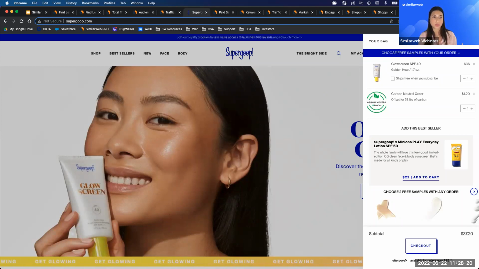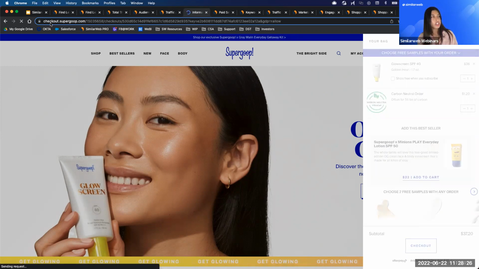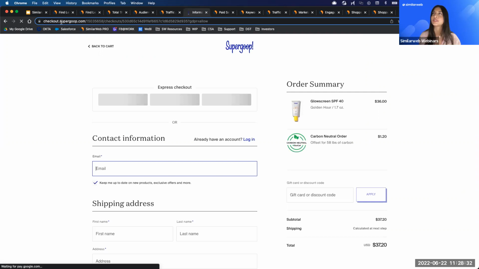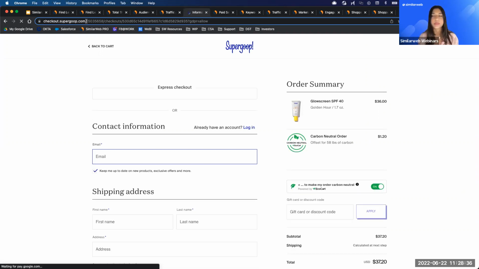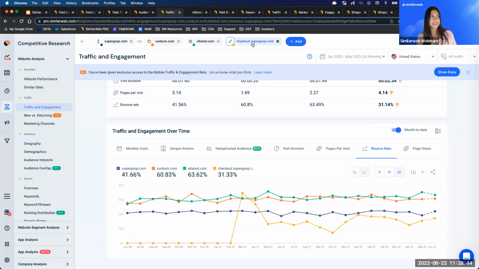So here I am on supergroup.com. I've added something to my cart. And if I go to checkout, you'll see the URL structure changes from supergroup.com to checkout.supergroup.com. And what this signals to me is this is a great place for us to back into a conversion rate. So if I head back, like I said, I've already queried